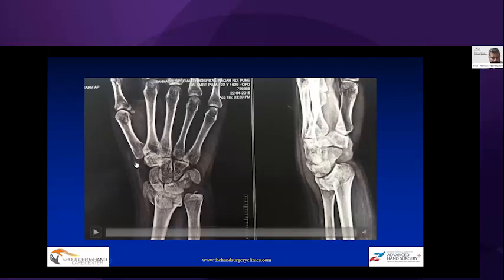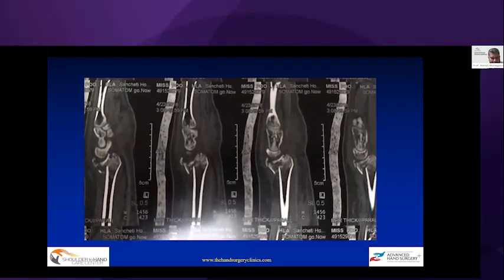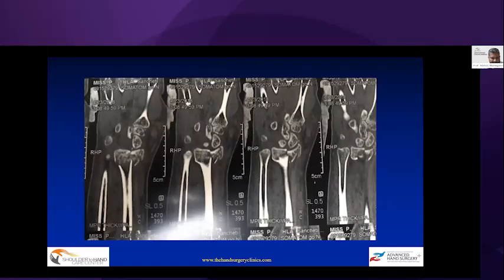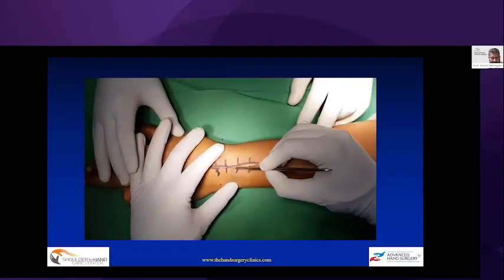It's a very quick video for you to indulge me while we very quickly go through this. This is a dorsal radius fracture. You can see the comminution that is present, and we use a middle